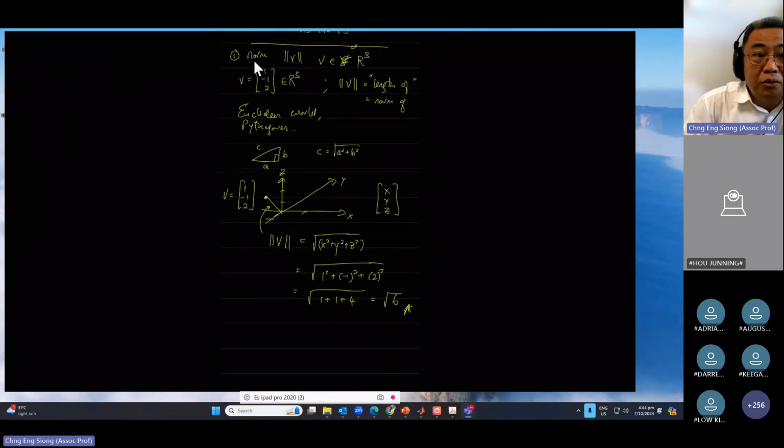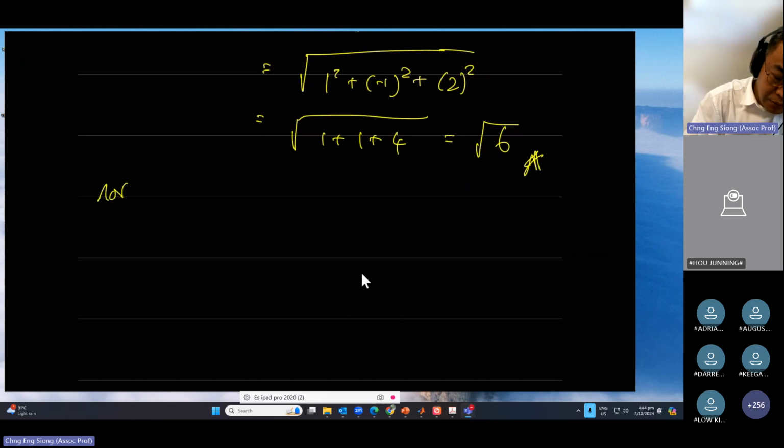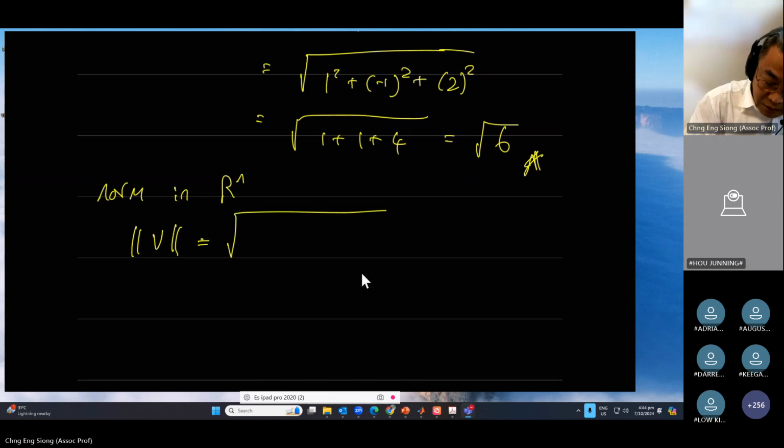So we know how to do norm now in R3. And if you are in Rn, how to do norm in Rn? Let's say V belongs to Rn. Then the norm of V is equal to the square root of,